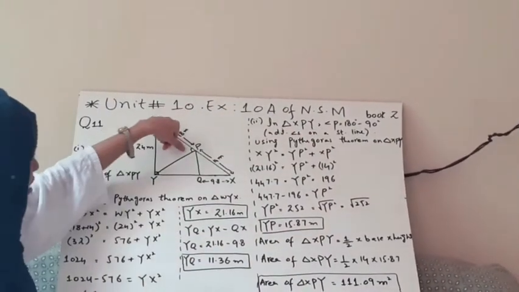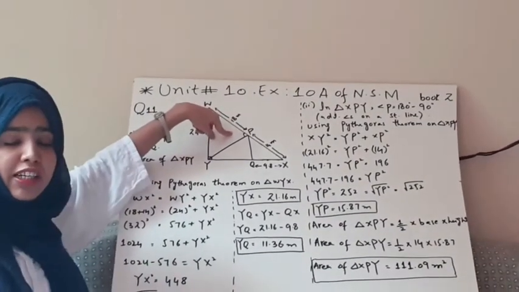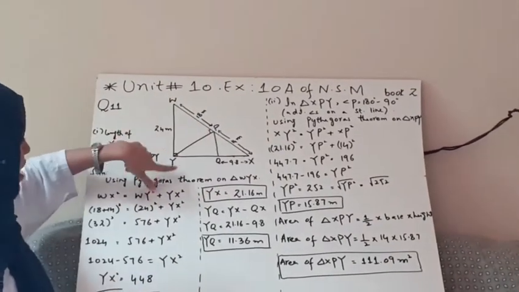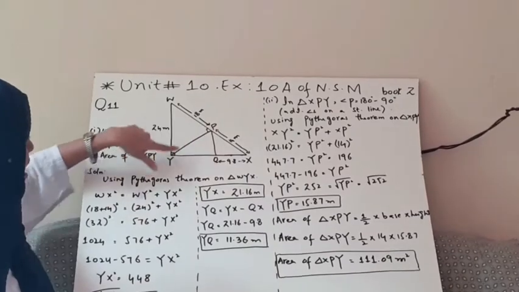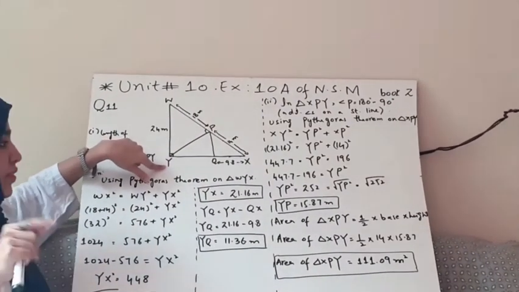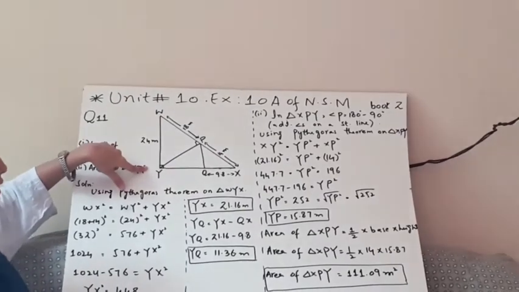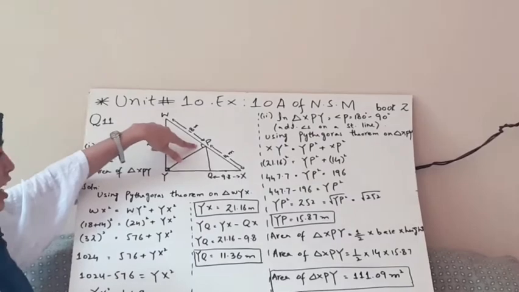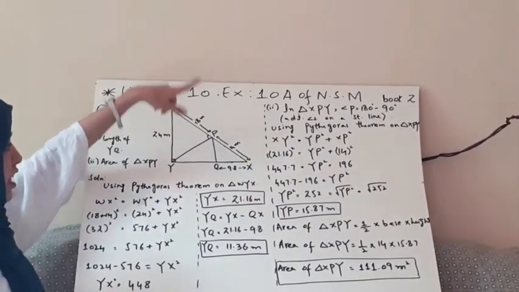Then angle P will remain 90 degrees. We use here a property of adjacent angles on a straight line. Okay? And then for XPY, we have to use Pythagoras theorem on triangle XPY because we have to find the area of this particular triangle. That's why we found the angle P, which is 90 degrees after subtracting 90 from the adjacent angles.